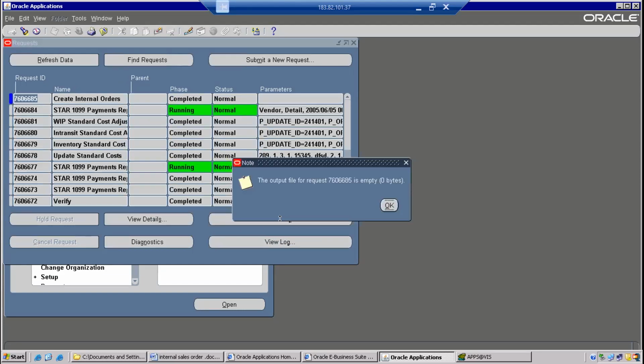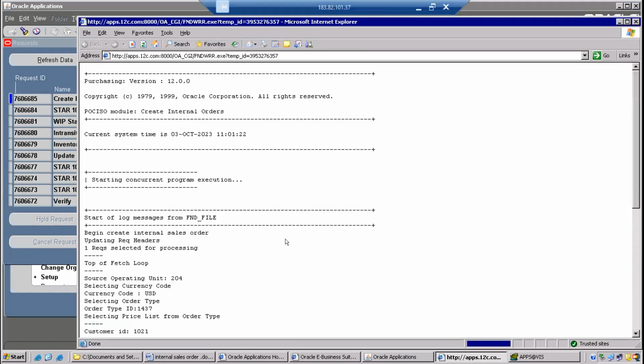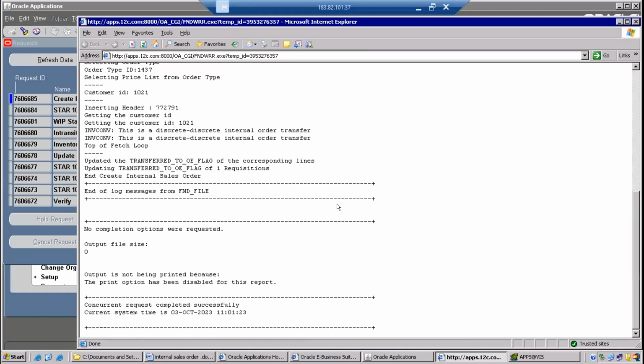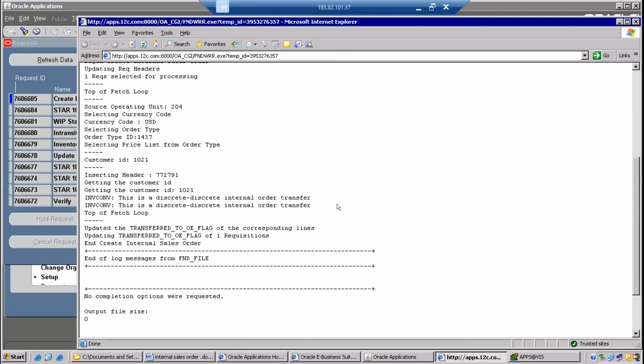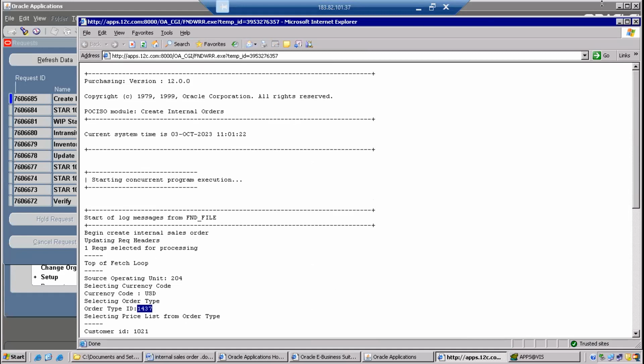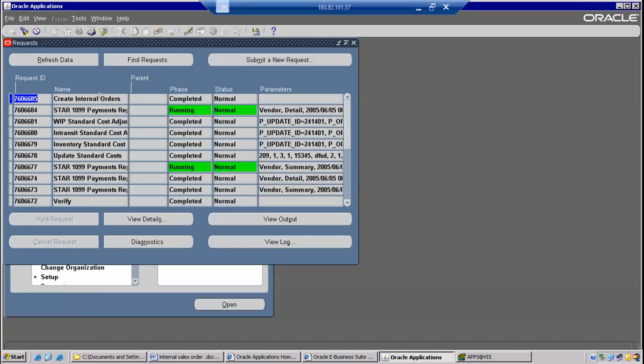So if you click on view output also, you cannot see. Do not think it is an error. No, it's not an error. View log. You just read this if you try to understand. So we inserted a header record and the currency is USD. Order type is 1437. Some order type it has picked up. Anyway, this program, what it will do, it will keep